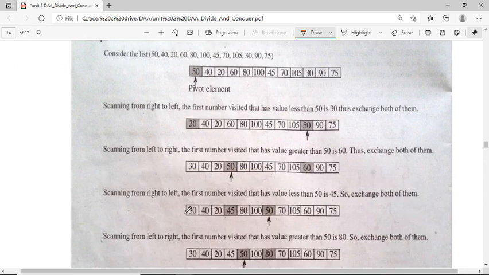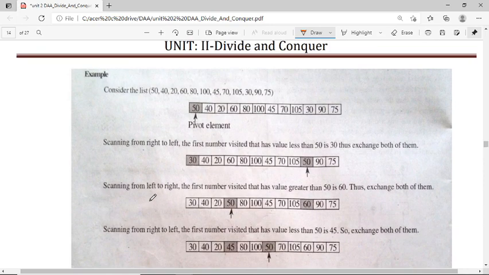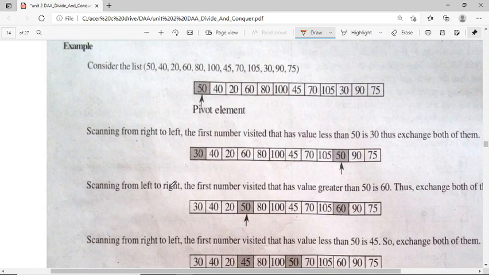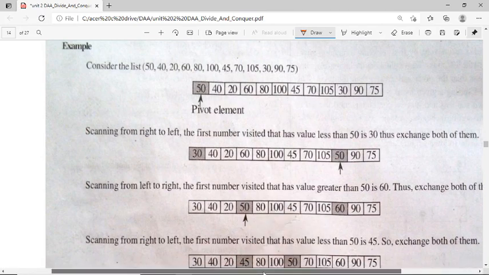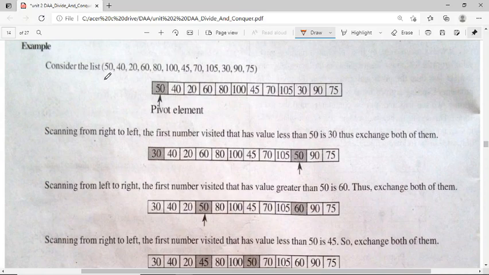And if we see the example of this, let's see this. Here it is taking 50, 40, 20, 60, 80, 100, 45, 70, 105, 30, 90 and 70.